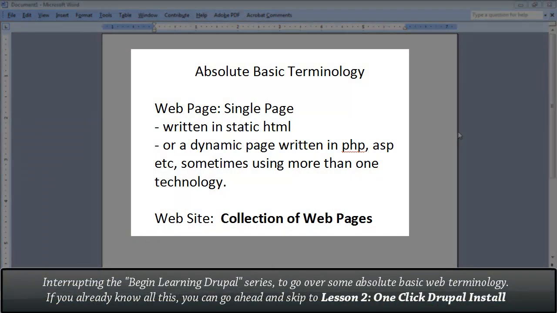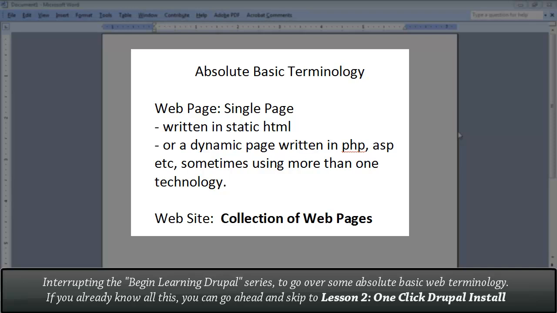Hello. In this chapter, we're going to go through some absolute basic terminology with website and website design. So to start with that, we got to understand what is a web page. A web page is a simple single page that's usually written in static HTML. It's a language, hypertext markup language, HTML, or a dynamic page written in PHP, ASP, etc., sometimes using more than